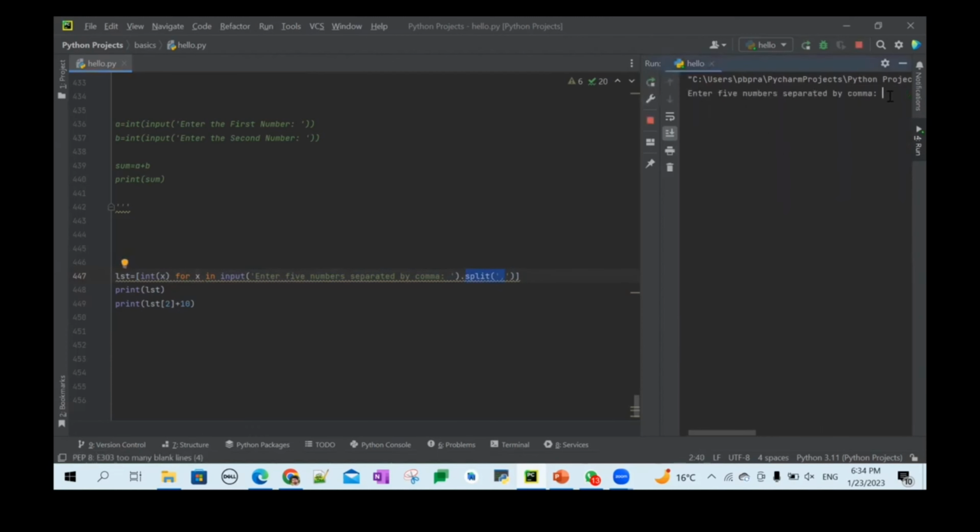See, now I am giving 1, 2, 3, 4, 5. I have given the input as 5. Oh, I have given one more comma at the end. Okay. Now I'm entering. See, I'm getting 13. You just saw, right? Yes, sir. We got 13. So the mistake that was done previously was I just took the entire thing inside the type conversion bracket like this,